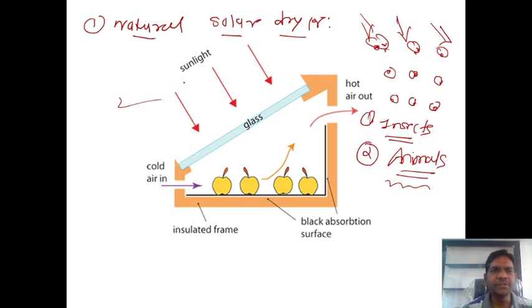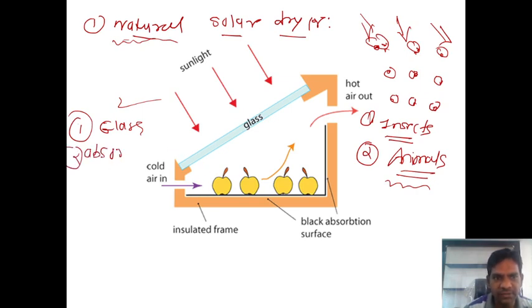We have to use this solar dryer. So in the solar dryer, first our discussion is the natural system. What are the main components here? We know we require this transparent glass. Glass will be required. Then after that, at the bottom there is an absorber. The absorber will be at the bottom position.